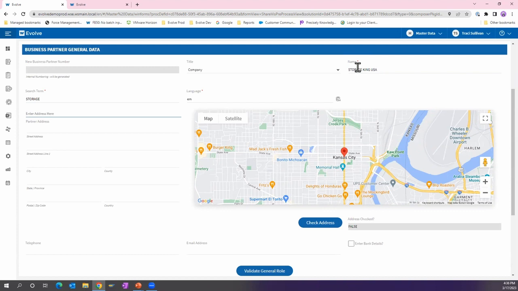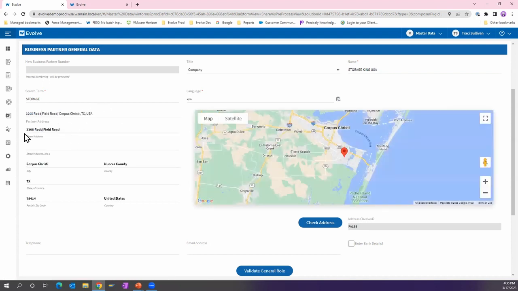The next is entering my address, and this uses a type-ahead technology that is a Google service. So as I type, I'm given a list of options, and as I continue to type, the data is refined, so I can then find the address that I actually want and select it. At the same time, when the address field is updated, the map is updated using a Google service as well via our web services. I then want to check the address.